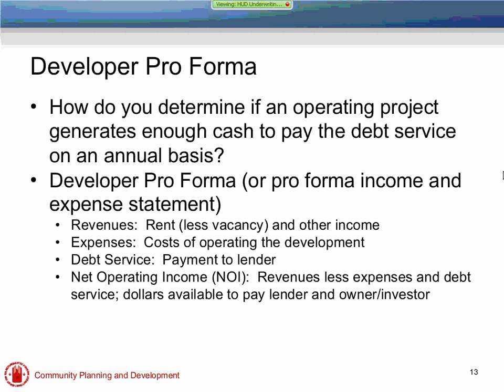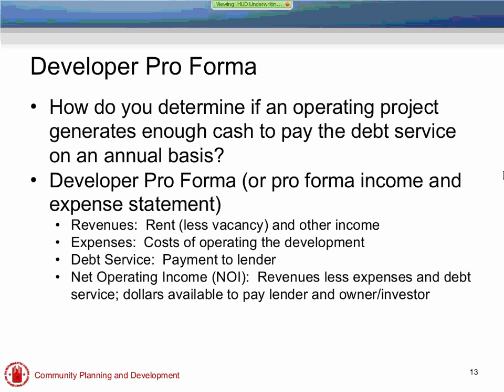Then there's also our expenses. We would subtract out our cost of actually operating the development. This is going to include a variety of things: our utilities, our maintenance, everything that it's going to cost to actually operate our project. Then the next step is going to be to determine our debt service, and that's going to be our payments to our lender, and